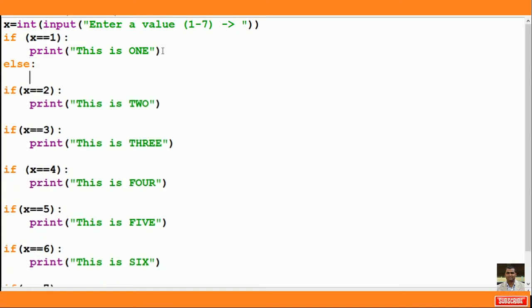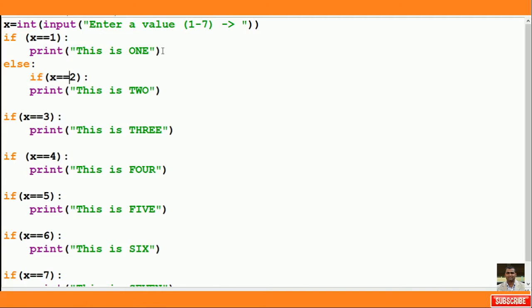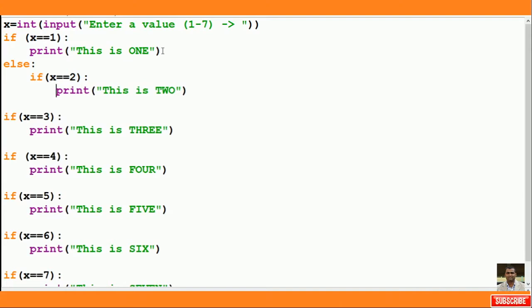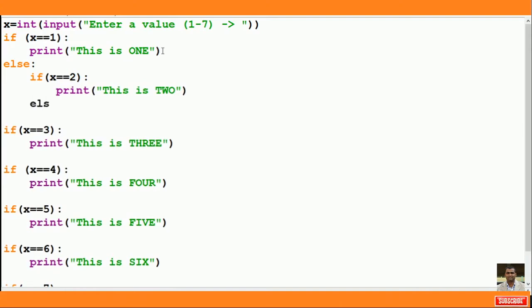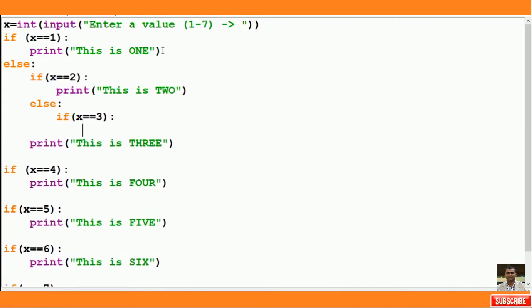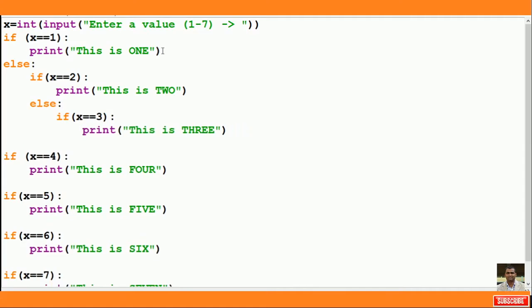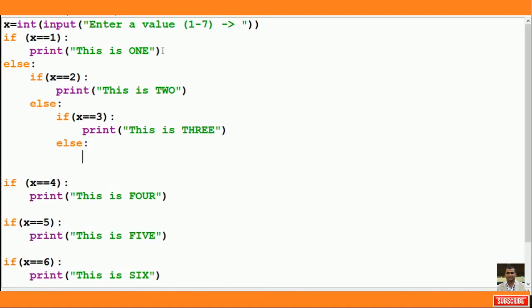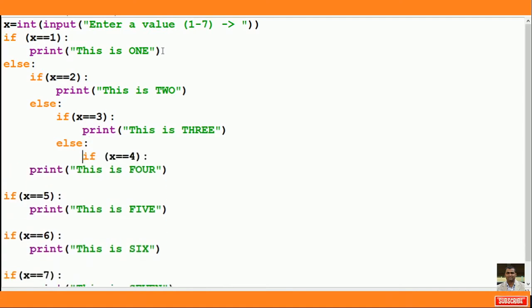Then this else is going to have an if part again, if x equal to 2. Then again I am going back here, again I am converting this one to print. Then again this if is going to have an else part, you see. Then again I check here if x equal to 3 or not, and accordingly I print it here. Then again I am going back here, again writing else. Then here again I am checking if x equal to 4. Then I am printing the true value of 4.